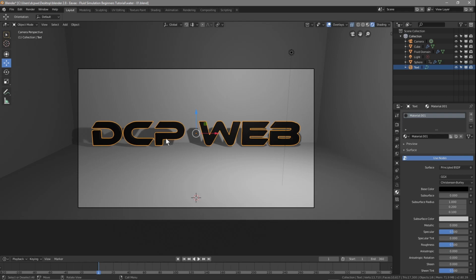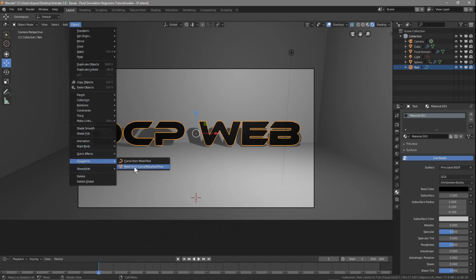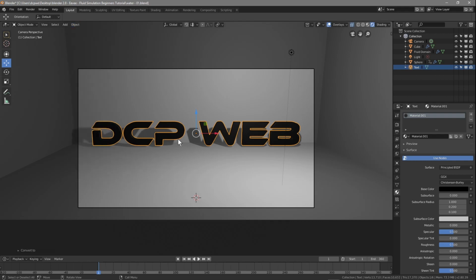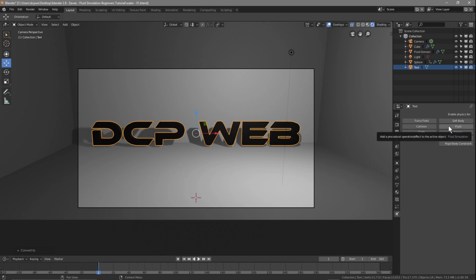So this text here, we need to now convert it, because it needs to be a mesh, right? It should really be a mesh in order for the water to hit it and to bounce off of it and do all that stuff, we need to make it a mesh object. So let's go to object and go to convert and convert it to a mesh. And when we convert it to a mesh, we can go back to the particle settings here, physics, the physics settings, click fluid, and in fluid we'll set it to an obstacle as well, and we'll set it to shell